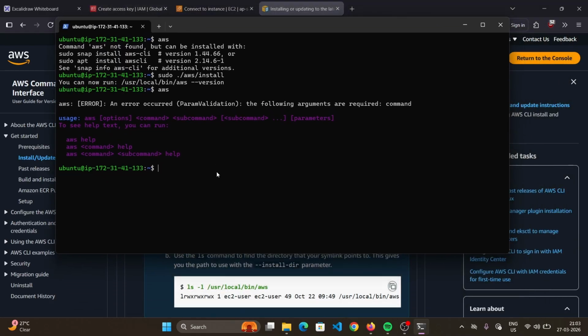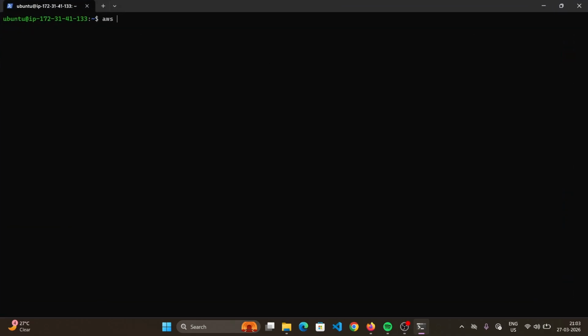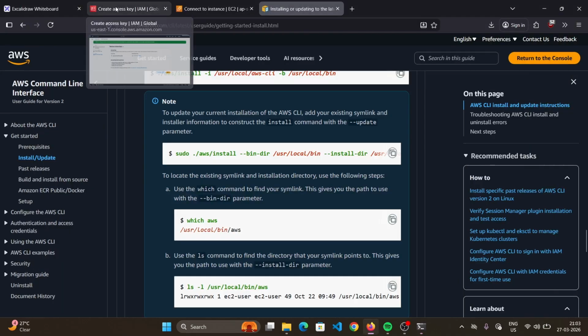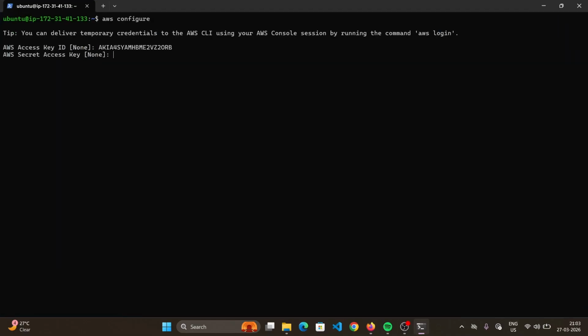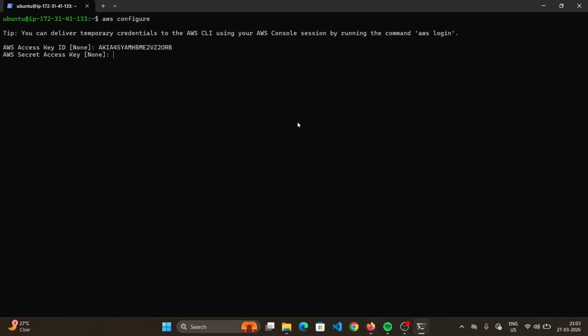CLI का, जो यूज़र हमने क्रिएट करा है। We will type, let me clear the screen, big screen, aws configure। It will ask AWS access ID, that's our access key। Copy paste, secret access key, copy paste, default region name ap-south-1।